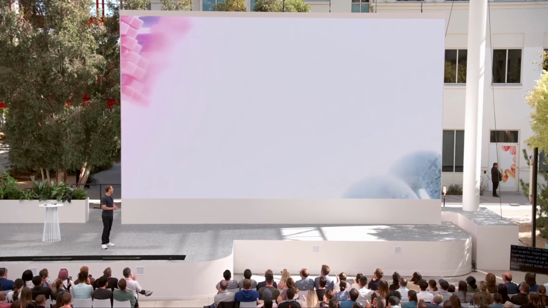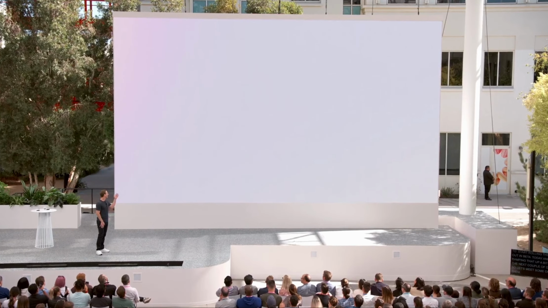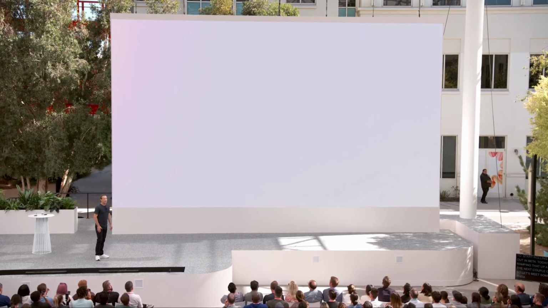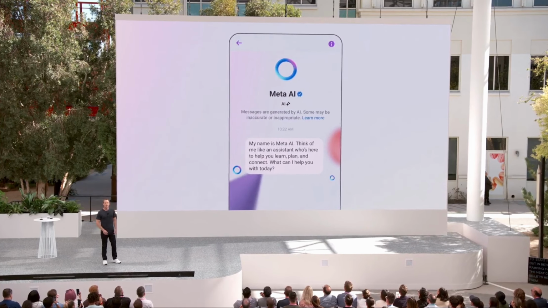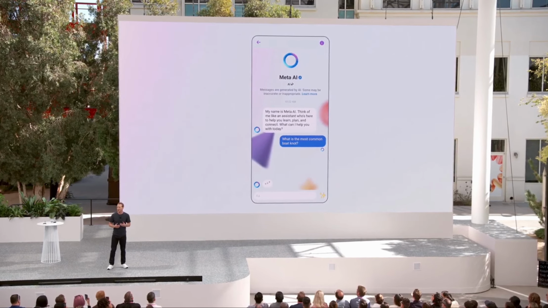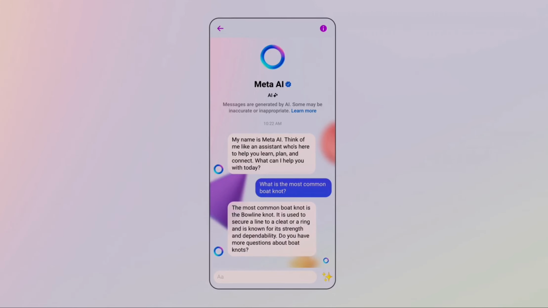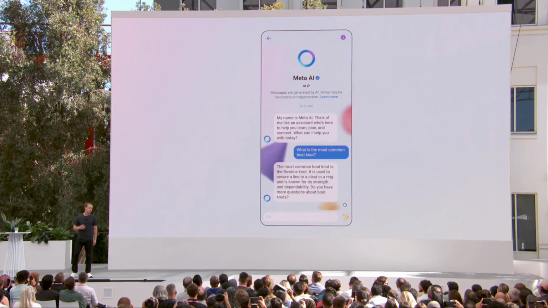All right, first up, we got Meta AI. Meta AI, it's your basic assistant, right? That you can talk to like a person, right? You can message Meta AI in any of the messaging apps: WhatsApp, Messenger, Instagram Direct. Soon you're going to be able to message it in Quest 3, and it's going to help you answer your basic questions or requests. It's built with a model that's based on Llama 2, but